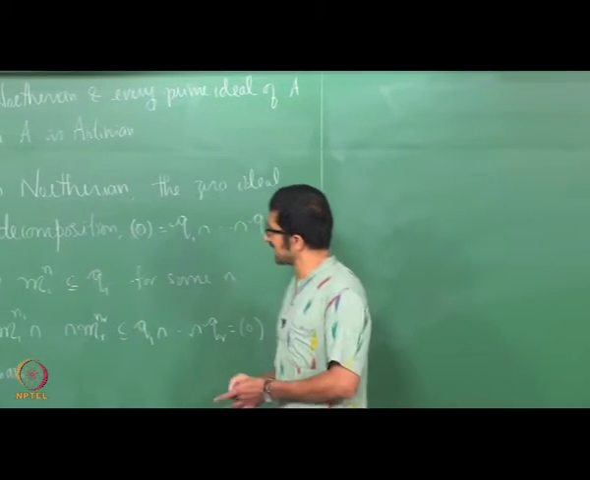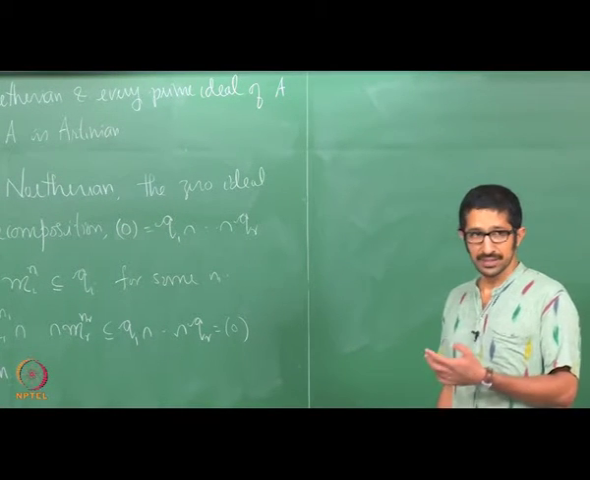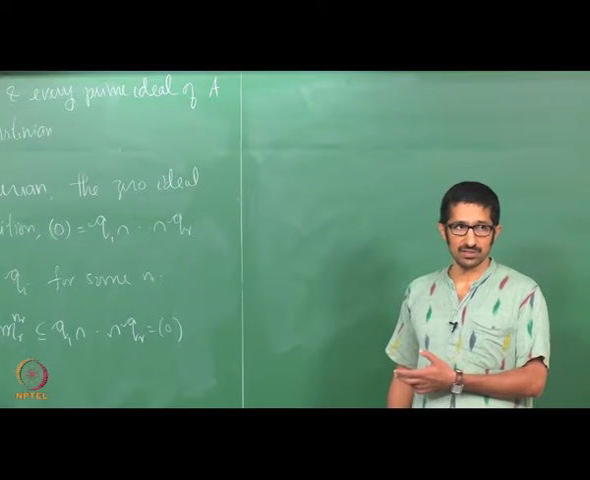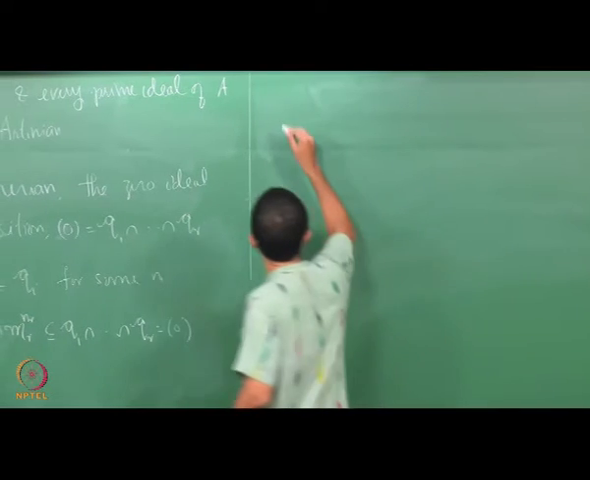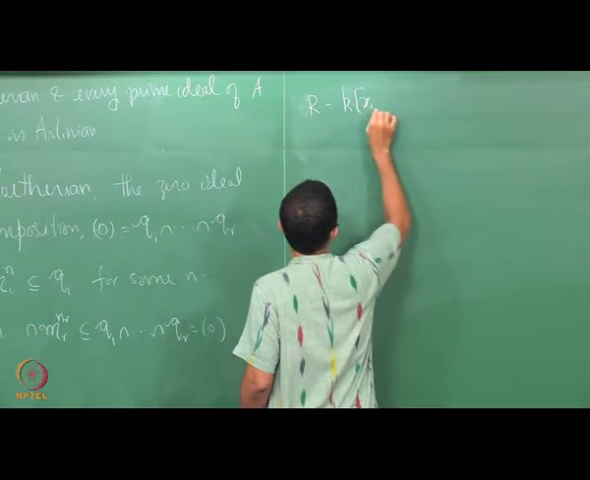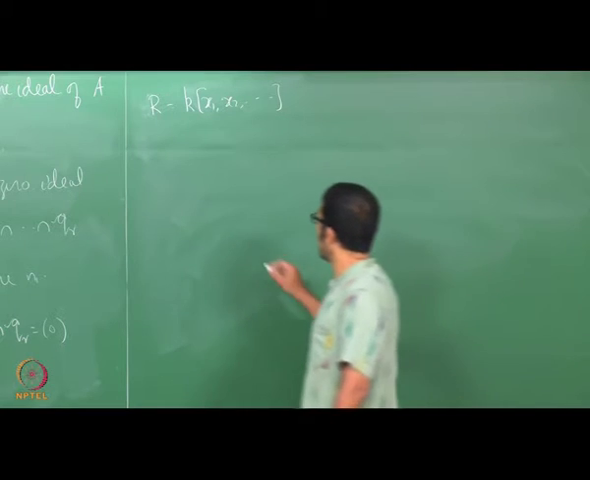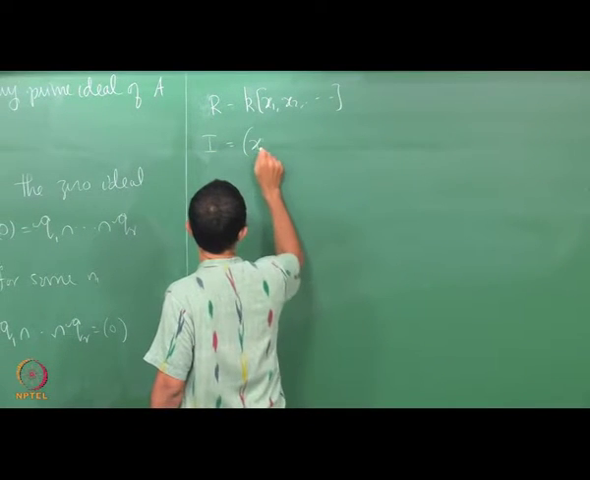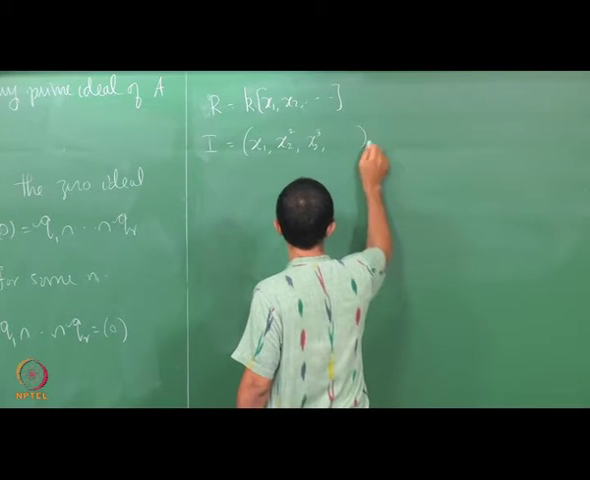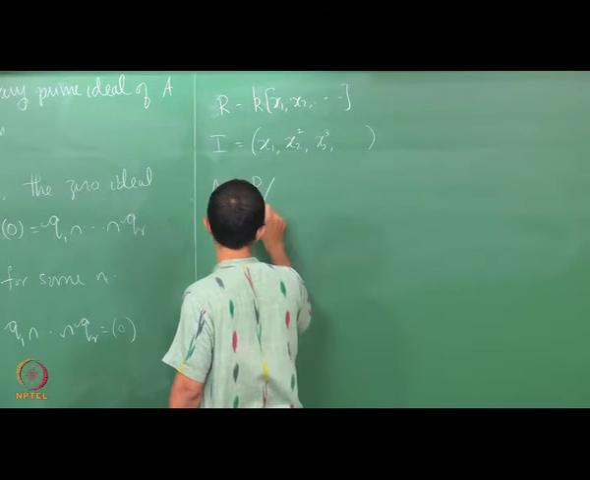So to say that, see, if a ring has only one prime ideal, it need not necessarily imply that it is Noetherian or Artinian. Say for example, if I look at the ring R equal to K[x1, x2, ...], I mean infinitely many variables, okay, and look at the ideal I equal to (x1, x2 square, x3 cube and so on), okay, and take A to be equal to R mod I,